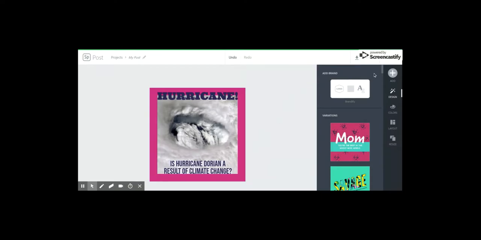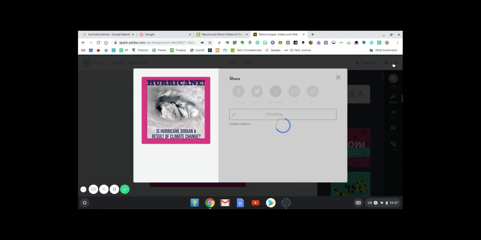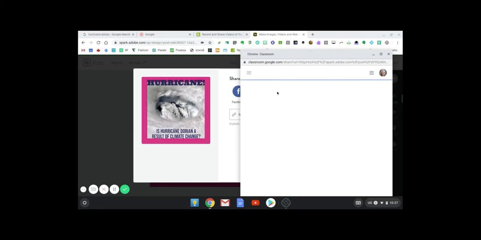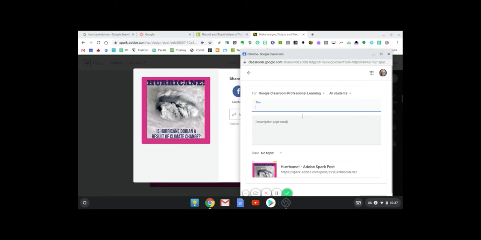All I've got to do now is hit the share button. So when I click on share, you'll see right there, one of the choices is Classroom. I can send this directly into Google Classroom from Adobe Spark. So when I click on Classroom, it brings up all of my classes, so I can choose which class I'm posting it to. So let's post it to the Google Classroom one. And I can choose the action with it. So am I creating an assignment or a material, or am I making an announcement? Let's create a material. And when I hit go, it's going to bring up that very familiar Google Classroom screen